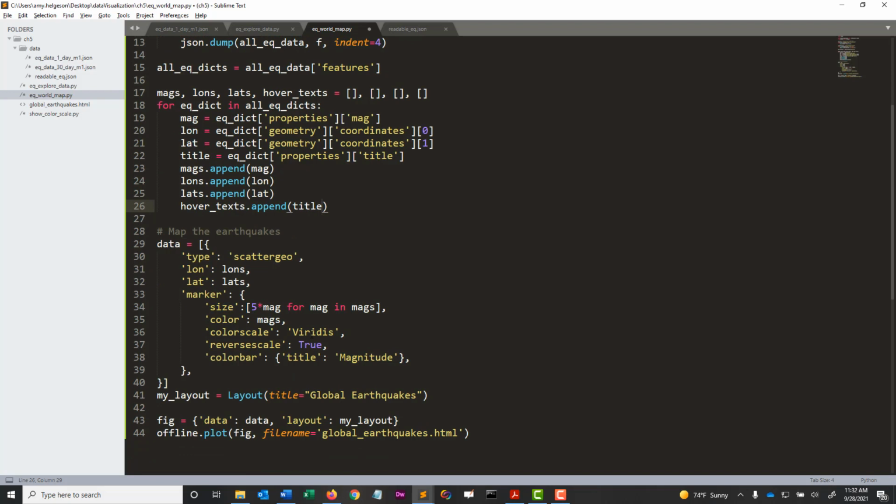And then further, we've got to add it into our data. So lats